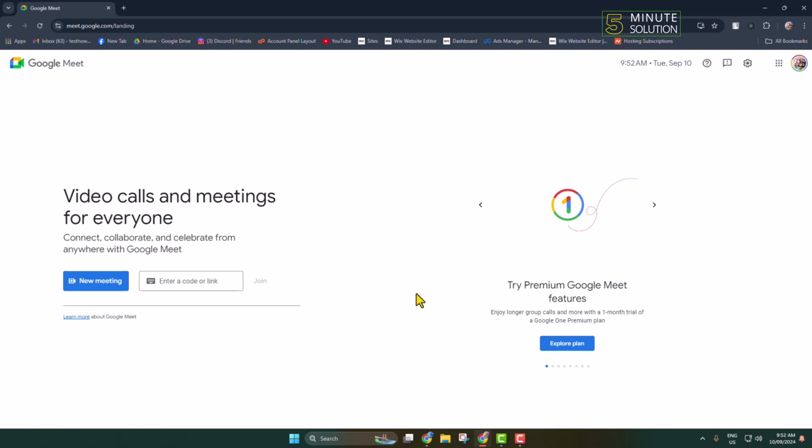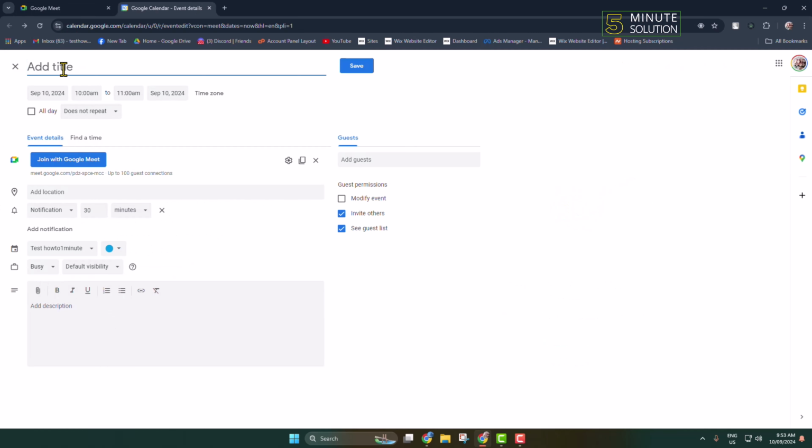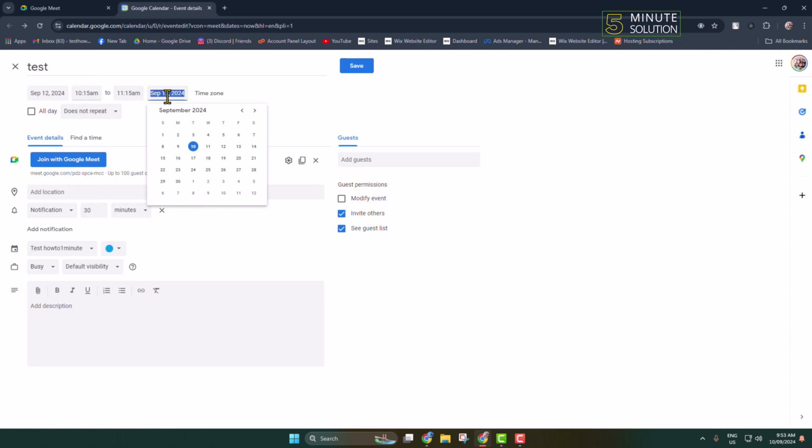And now let's create a scheduled meeting. So click on new meeting, click on schedule in Google Calendar, and here add your meeting title, select your meeting starting date and starting time, and select your meeting end date and time. If you want, you can change your time zone from here, and I'm selecting does not repeat, and event